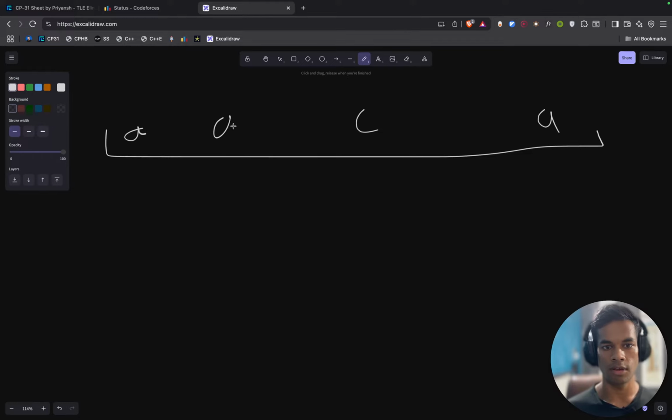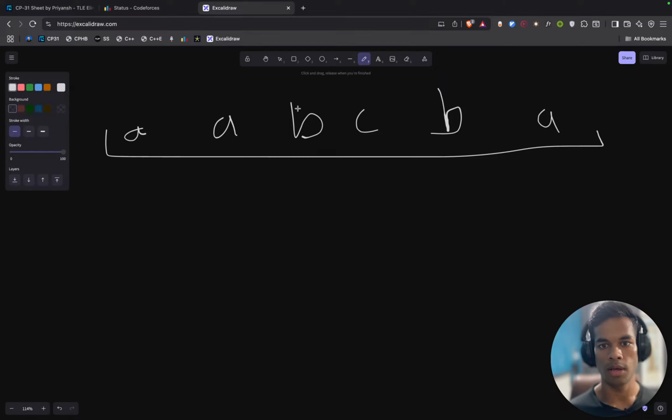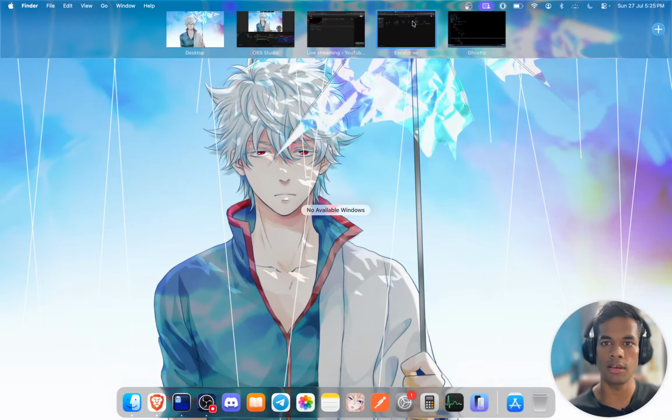And then let's say I added some random elements in this thing like this, and here I have to remove this A, right? This A is causing a bit of a problem, because when I first check from the start and from the end, A and A match, and then I check these two and they do not match. So I know for a fact that if I want to make this a palindrome, then I have to remove either A or B, and that is exactly what I do.